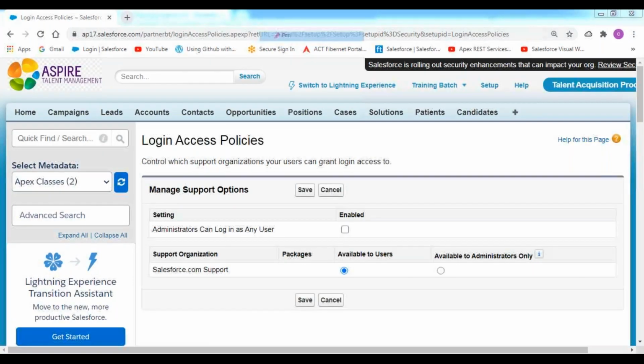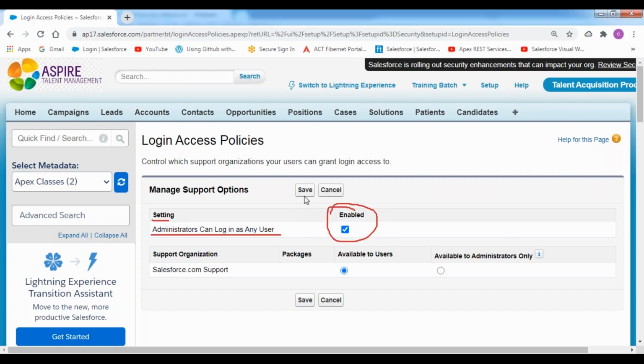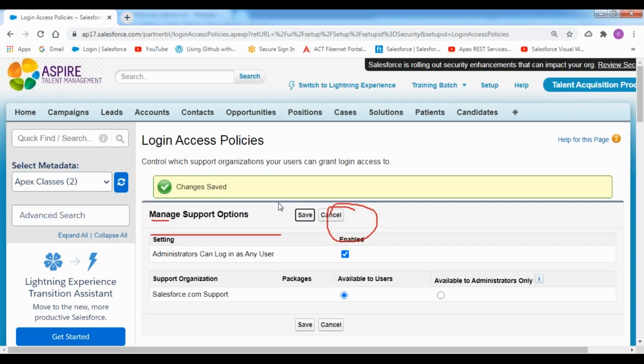Then you can verify this one. Go to settings: Administrators can log in as any user. Now I want to enable this option here, so the administrator can log in to any other user. Now click on save. That means as an administrator, I can log in to any user account directly here. So the user no need to grant his account login access to